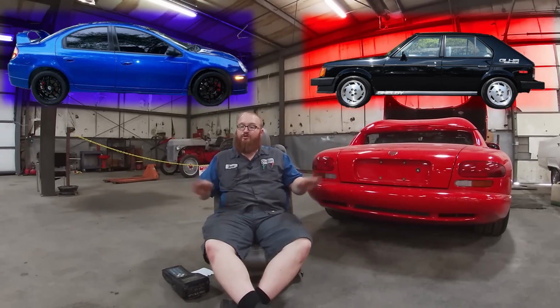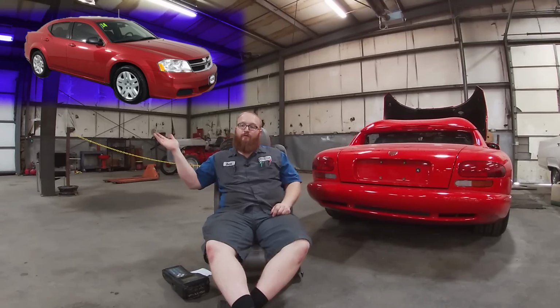I don't care if it's $200 and it runs and drives. Don't do it. They're junk. Now we'll move to the medium-sized cars or mid-sized cars, and the one to buy would be 08 to 14